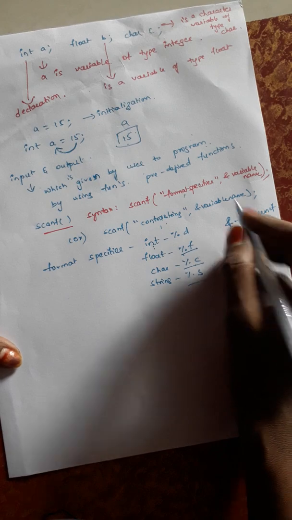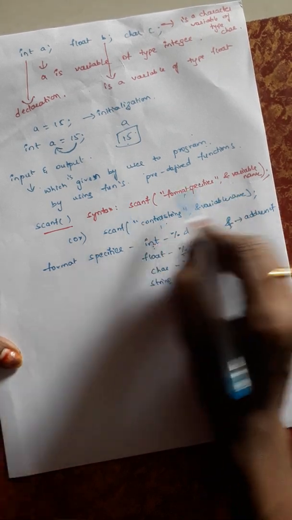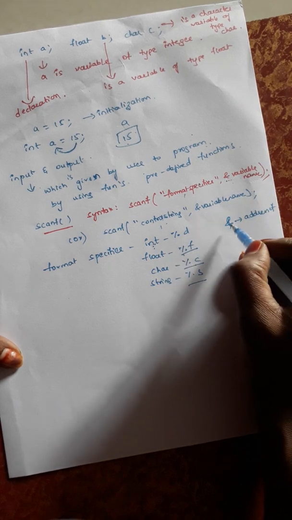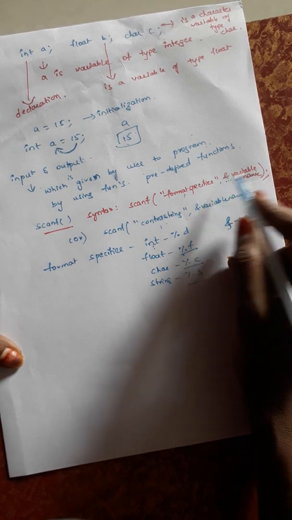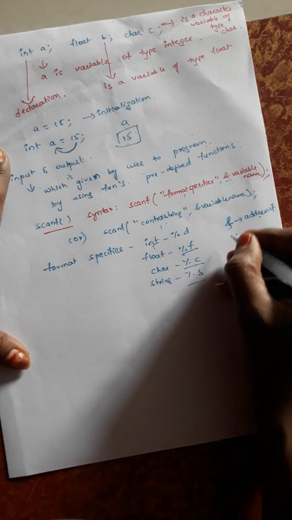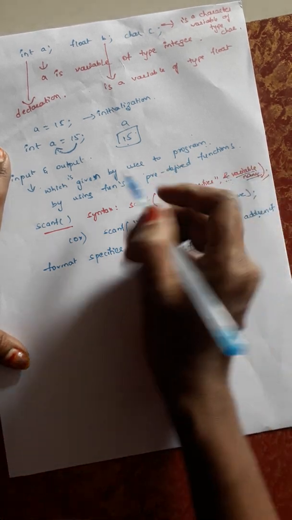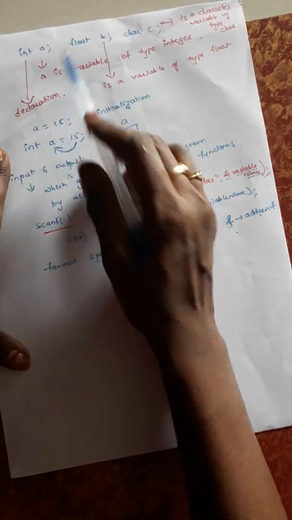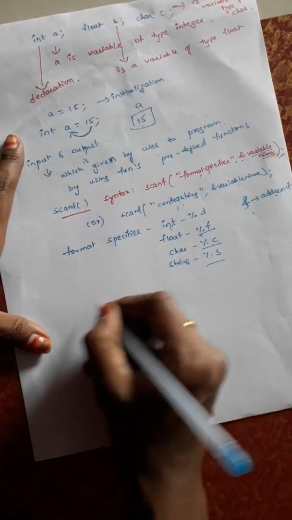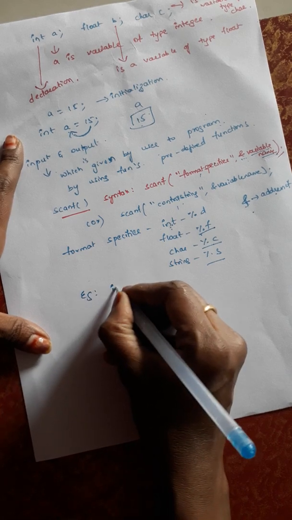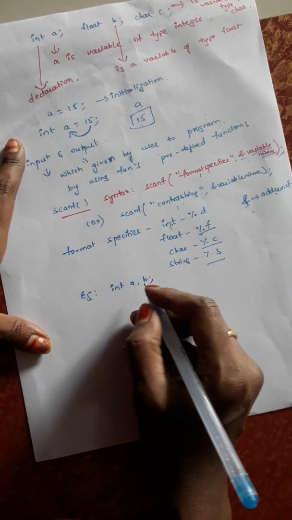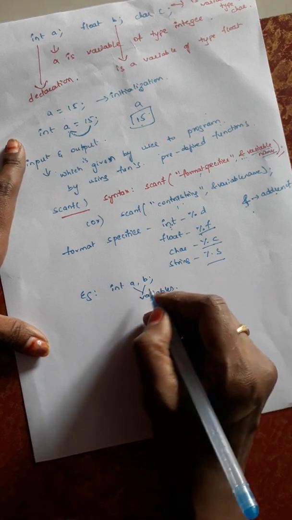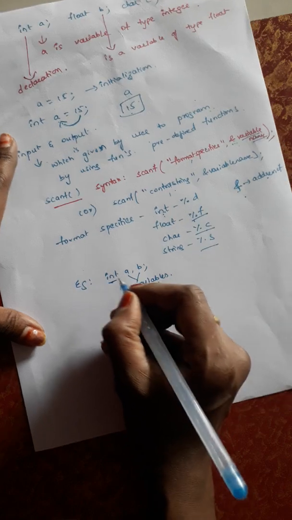In the same manner, to get where the variable is in the memory, to get the address, we use the address of symbol. Without the address we cannot assign the value. Now, variable name means the name we defined by using the data type. For example, if we declared int a, b, then a and b are variables of type integer.